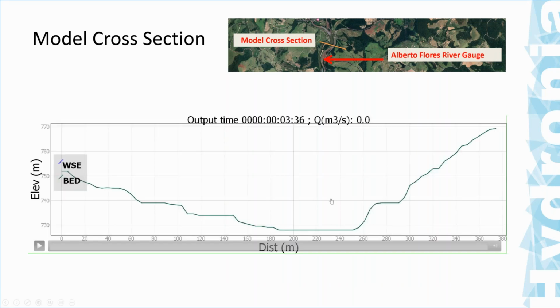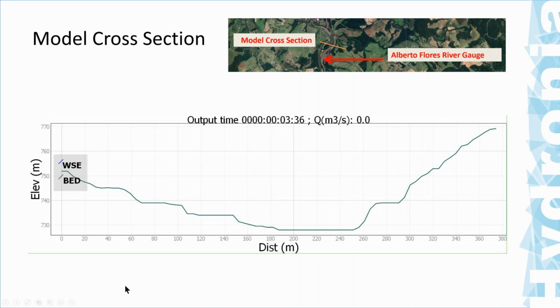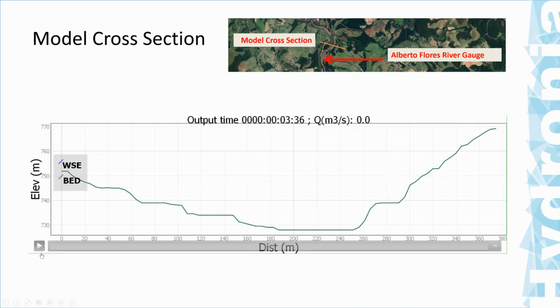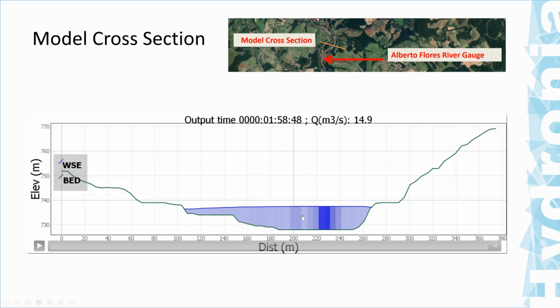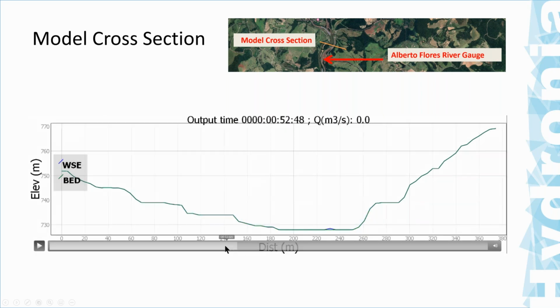This is a video that we created using the user interface on the QGIS environment of the model, and we can see here how the cross-section elevations evolve in time. So we can see exactly at what time this part of the river starts to increase, and we could see that at about